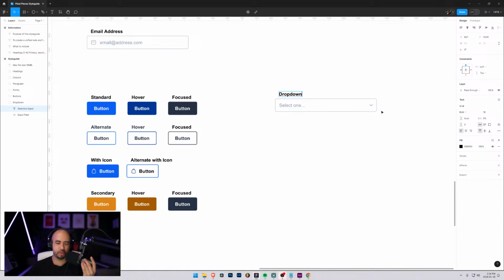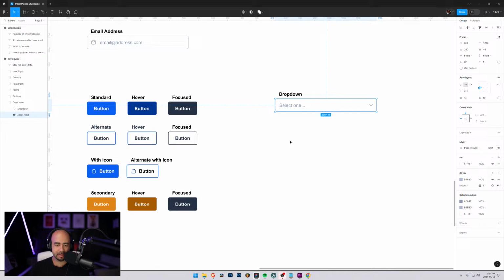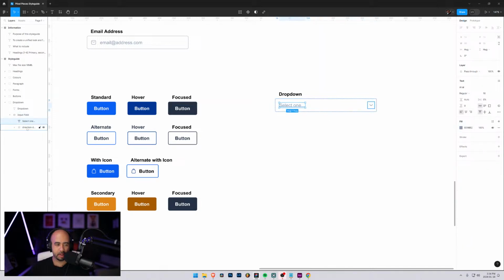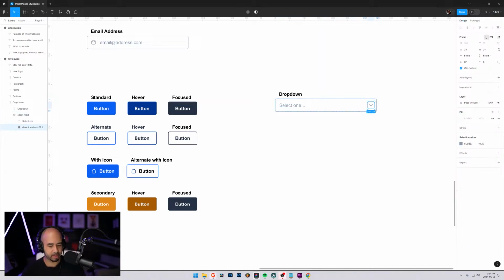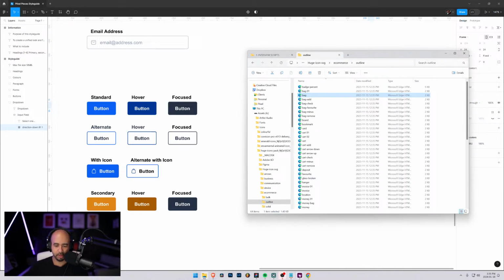And I think I want to showcase what it would look like when it's actually been activated. Like when it's open and what the effects are going to look like. So let's see what we're going to do. I think we're going to change this icon to the up down arrow icon. And that should be,